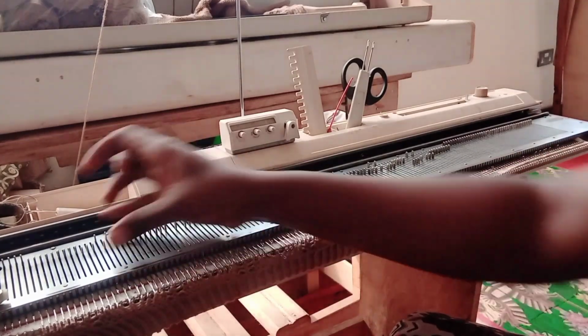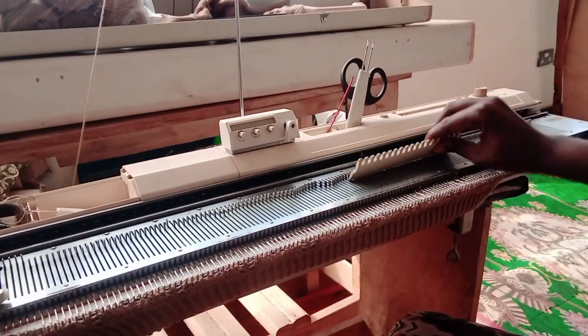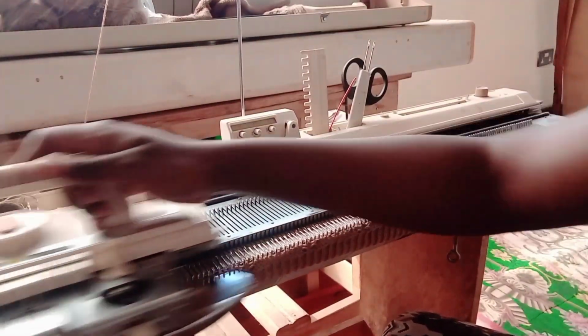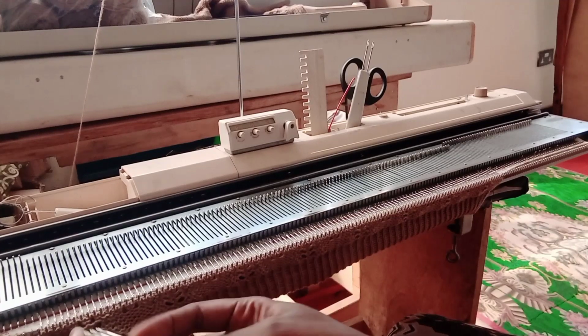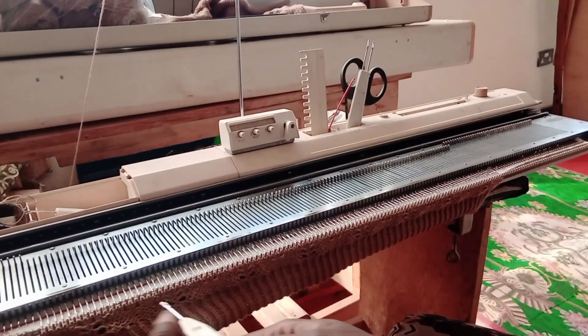So after that, I'll pull back my needles all to working position. And then knit 2 rows. You can see this. So I'm going to do again the transfers for this one. Right now we have